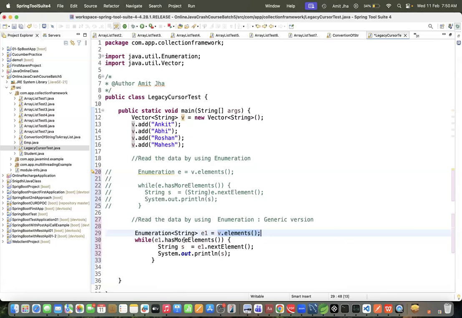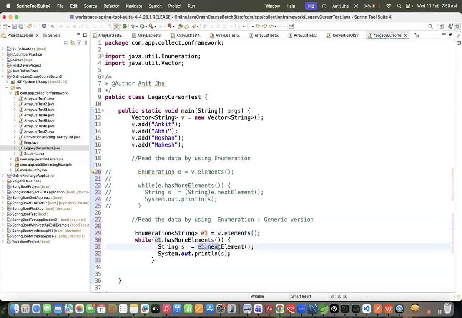E1 dot has more elements means what? If E1 is holding any elements, yes, we have four elements, four objects, then if this condition is satisfied, it will come inside this while loop. What I'm doing is E1 dot next element. Tell me what all the elements are: first Ankit, then Abhi, then Roshan, then Mahesh.